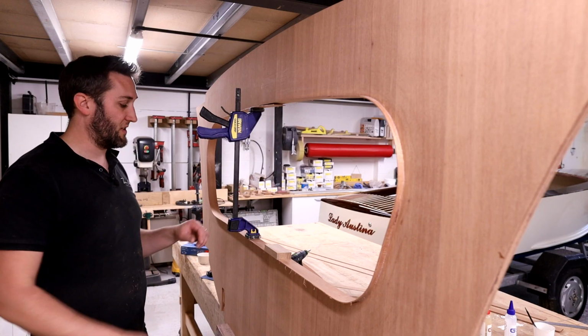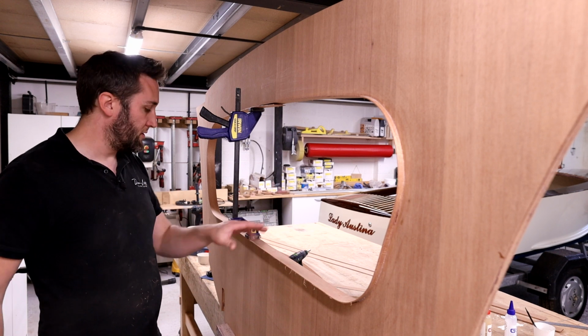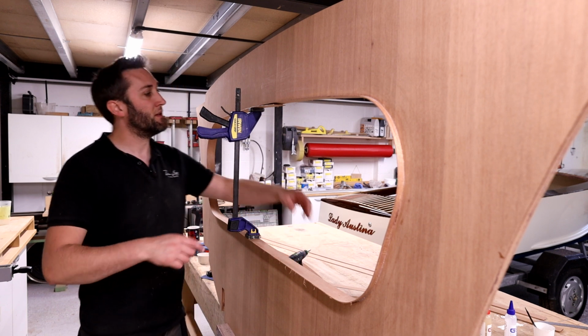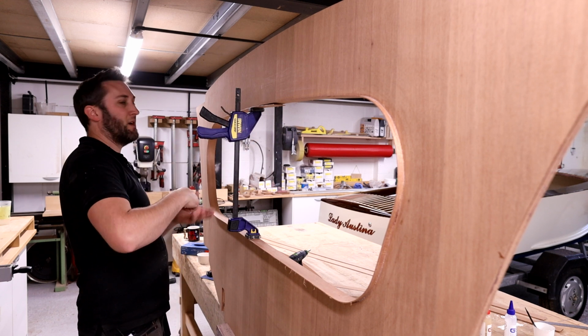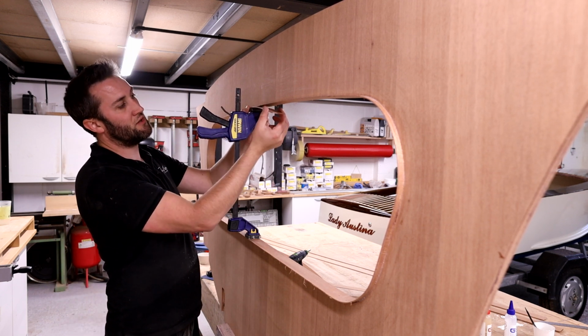Okay, so similar process as the first time round, but this time I've got side one to create my stop block at the bottom. So I've butted straight up into that, right in the middle of the bulkhead. And then I've brought this around, I've got this clamp, and I've tapped the top in to push it out into those corners again. Now what I'm going to do is just cut this center joint here,